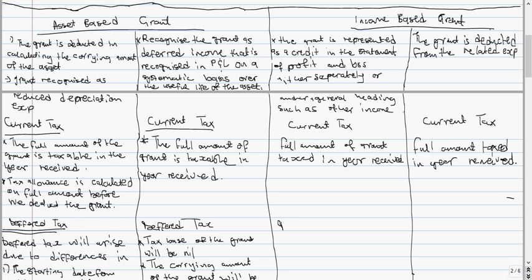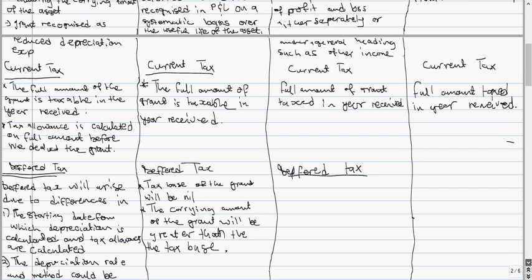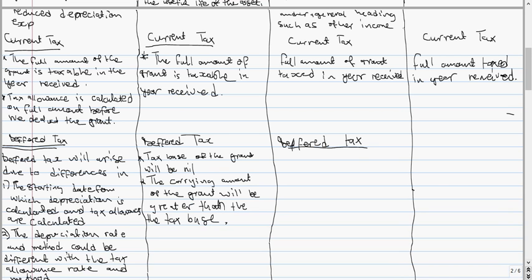And then when it comes to deferred tax, so here you treat the same. So you're basically going to treat this the same as asset-based grant recognized as deferred income. So this treatment here is going to be the same for this one and for this one. So we're just going to write treat the same way